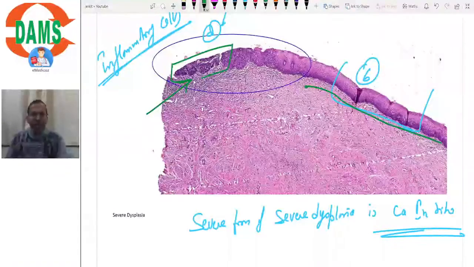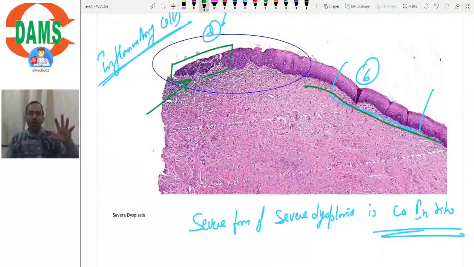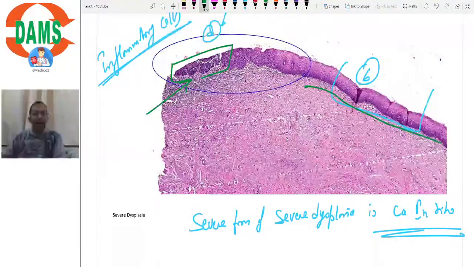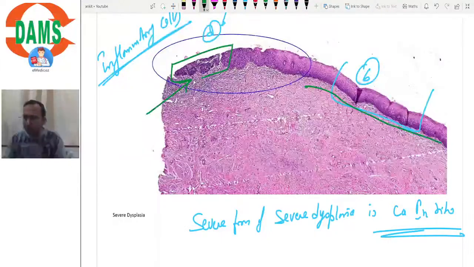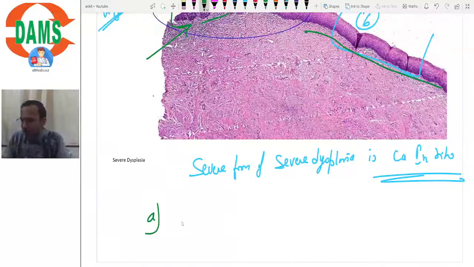तो यहां पर हम क्या कह सकते हैं इजीली कि ये सीवियर डिस्प्लेजिया तो है ही है, क्योंकि ये पिक्चर कैसे दूर से ली हुई है ना, zoomed out पिक्चर है. तो यहां पर आप पूरी की पूरी डिटेल तो मेक आउट नहीं कर पा रहे, तो सेफली यू कैन से दैट दिस इज सीवियर डिस्प्लेजिया. यहां अगर केराटिन पर्ल है नहीं है हमें नहीं पता. इट माइट बी प्रेजेंट, इट माइट नॉट बी प्रेजेंट. So we can safely say that this is severe dysplasia. तो severe dysplasia तो है ही है. It might be carcinoma in situ. ठीक है. अगर दो ऑप्शन आ भी जाते हैं इस पिक्चर के साथ, अगर इस पिक्चर के साथ ये दो ऑप्शन आ भी जाते हैं,